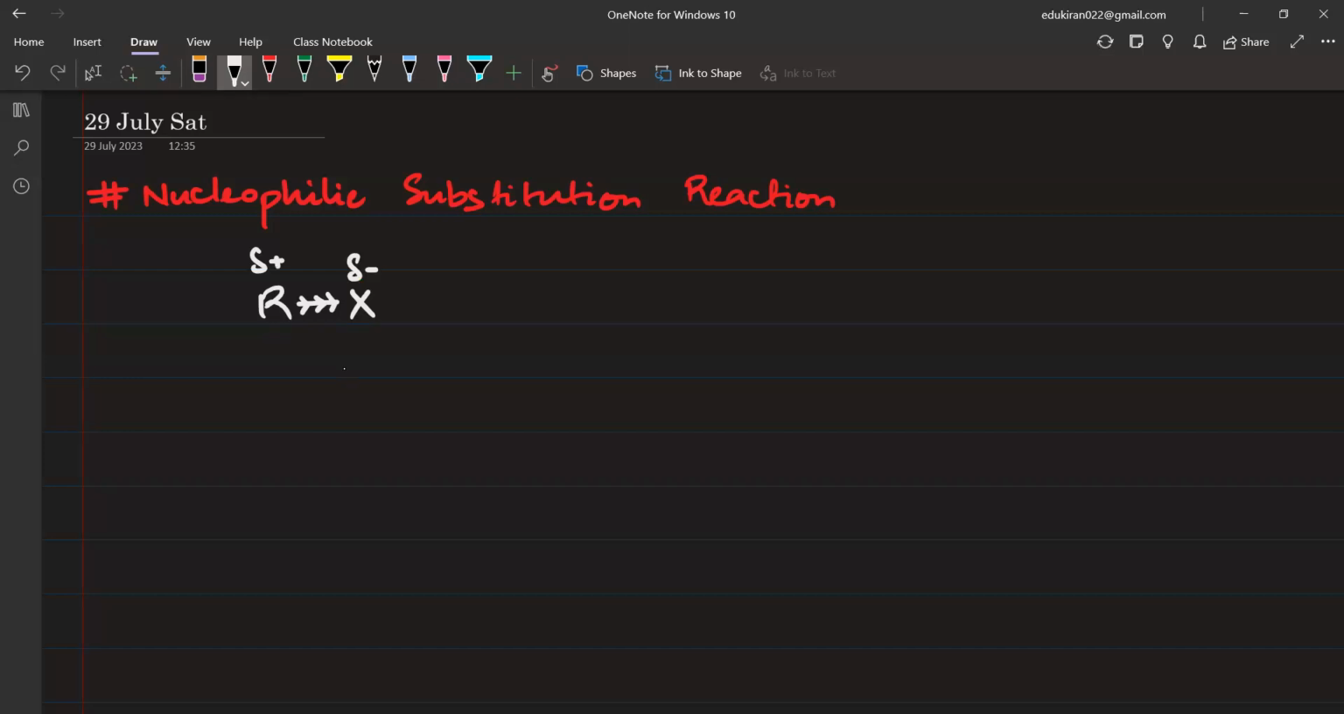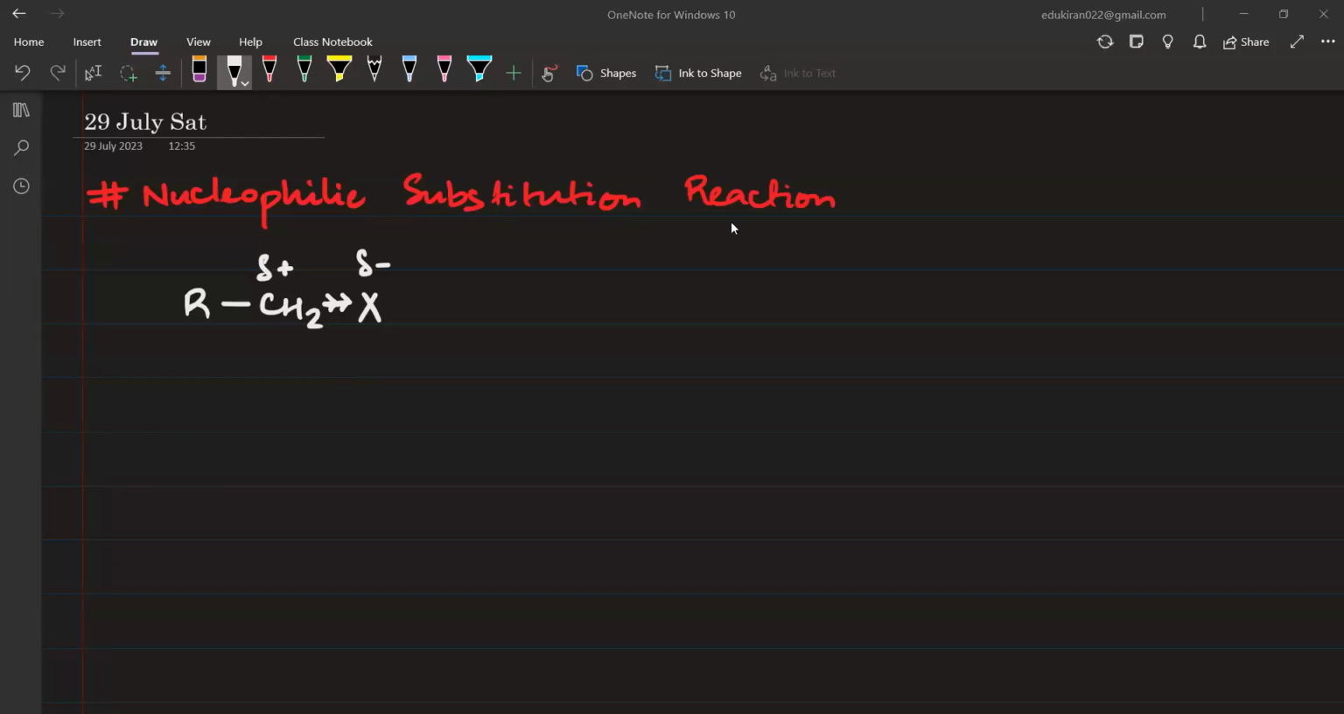Okay, so whatever carbon it is bonded to, let me write it like this. We have R, CH2, and X. Okay, so I'm showing that carbon atom, the alpha carbon, here. So if the X atom is pulling electrons, it will be delta negative, and this carbon atom will be delta positive. No matter whether this carbon atom is 1 degree, 2 degree, or 3 degree,